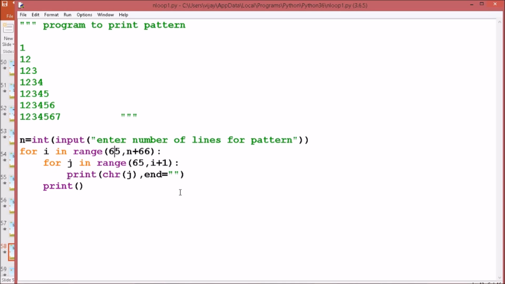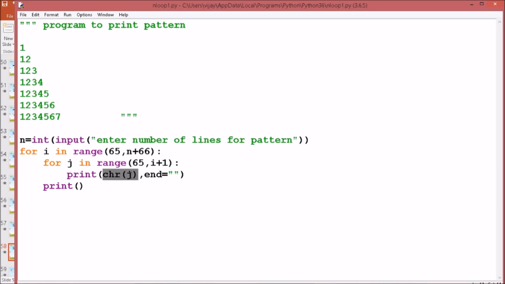So in this way we can print using the same program and just changing the values of i and j, or changing the character to be printed. We may simply write j for printing the value in digit form, 1 2 3 4. We can use chr of j, which will convert this value j.